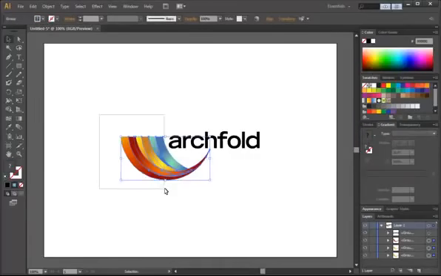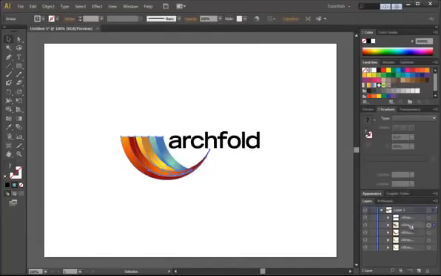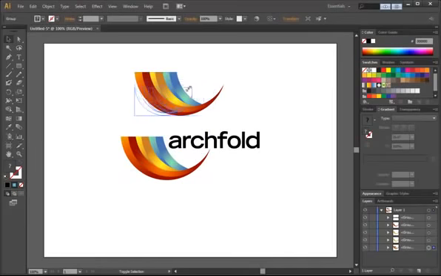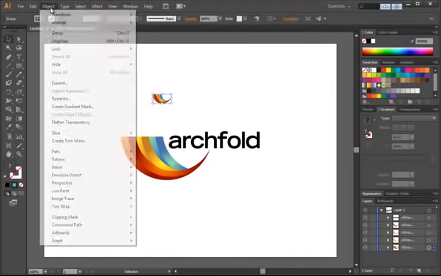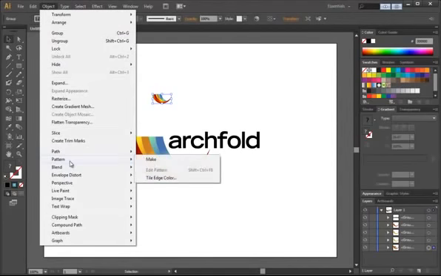And so we'll select these three layer groups, and we'll group them. Actually, first we'll duplicate them, Control C, Control F, and then group them. And we'll put it at the very bottom. So now let's move this up, and I'm going to scale it down a lot. Control H so we can actually look at it. Now what we can do is go to Object, Pattern,